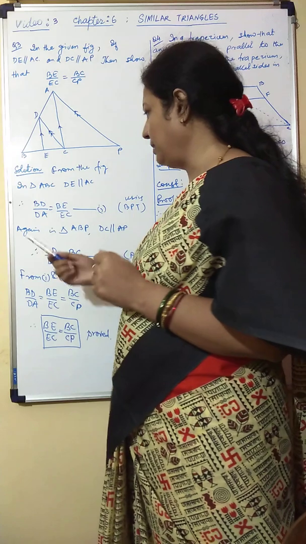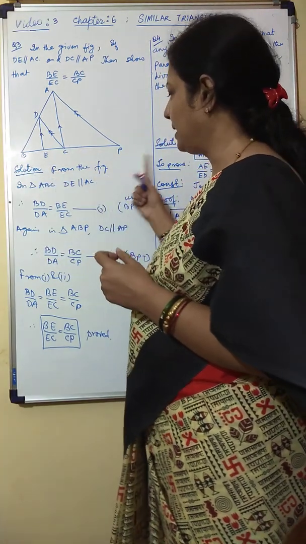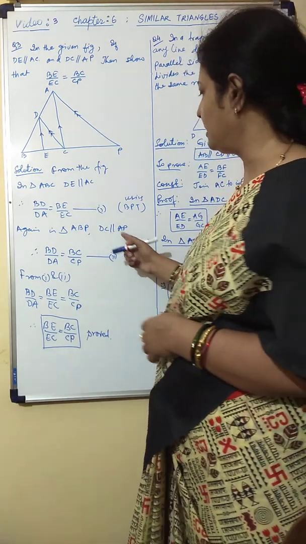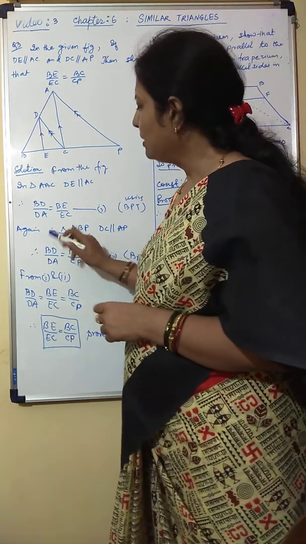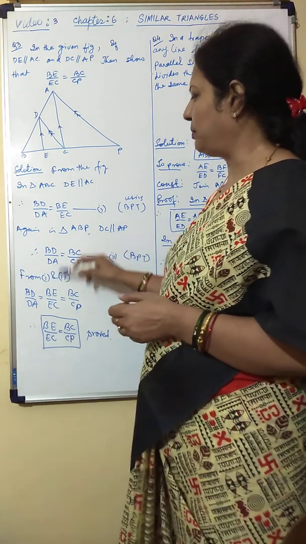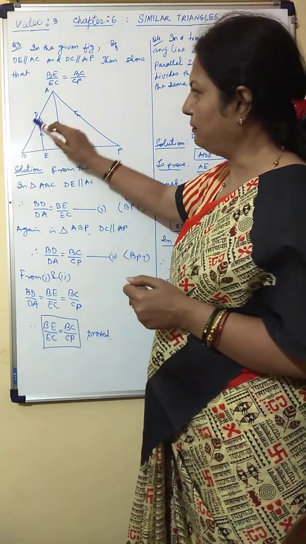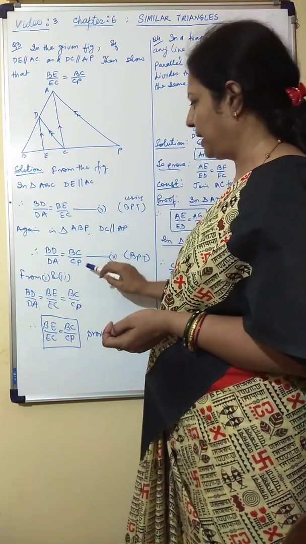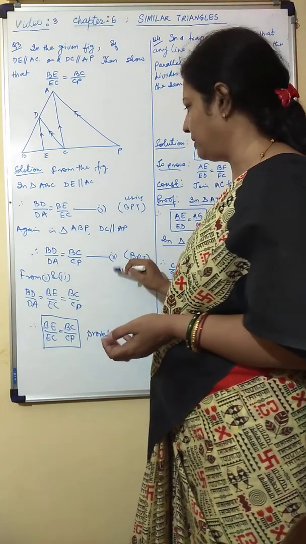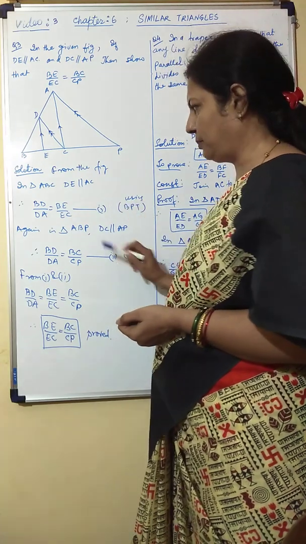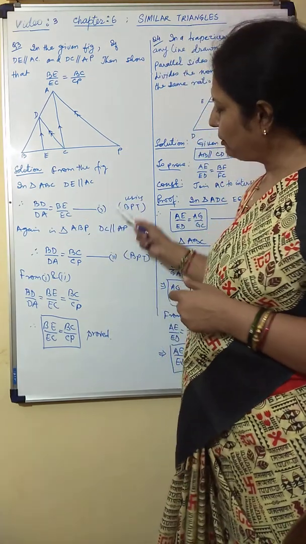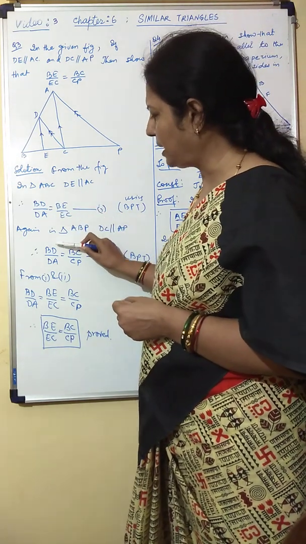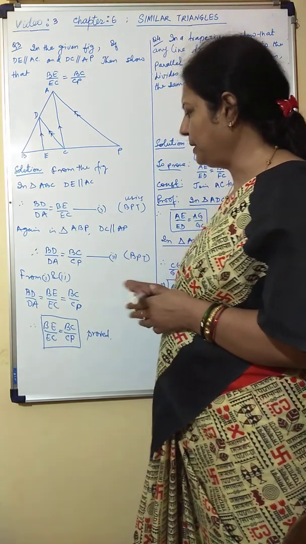You call it equation 1. Again, in the bigger triangle ABP, you are given the pair of parallel lines, that is DC is parallel to AP. So again there should not be much problem in comparing the ratios. We have BD by DA equal to BC by CP. This is the second ratio, so we have two equations. Now if you compare the two equations, BD by DA is equal to BE by EC and BD by DA is equal to BC by CP.